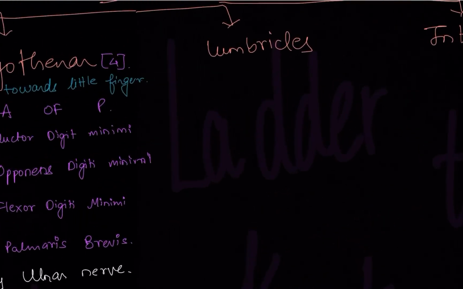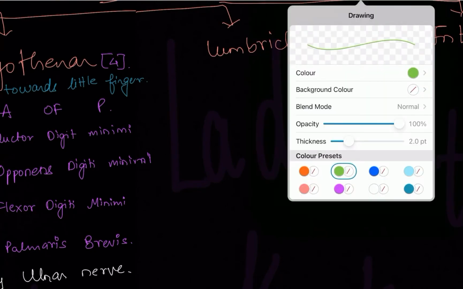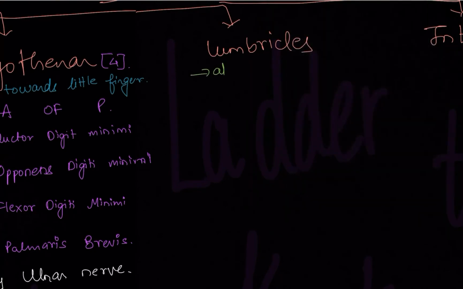Now let's look at the lumbricals. They are also known as writing muscles. Now why is it so? To understand how the lumbricals work, join your fingers and your thumb together. You will form a beak-like shape, right? When you join them, this is possible because of lumbricals. Their function, let's know about it.